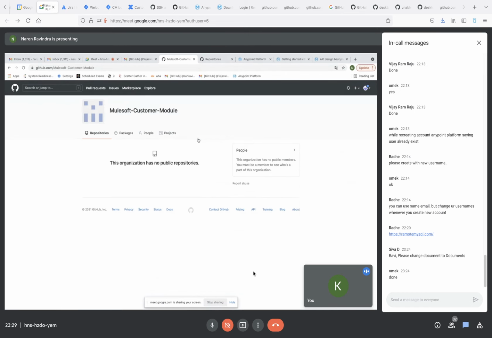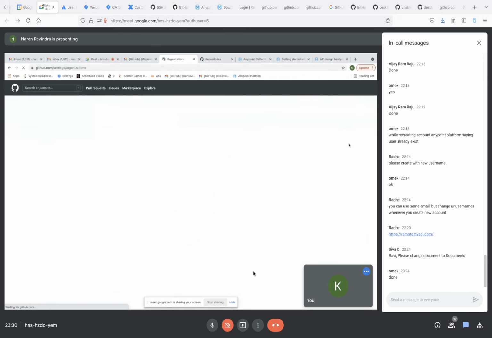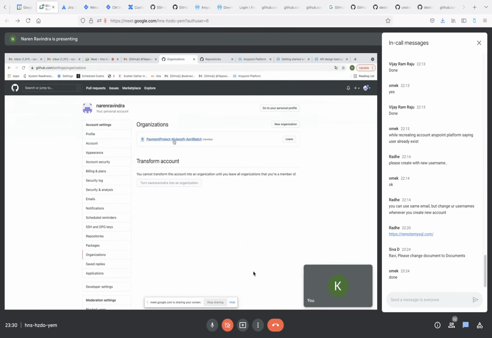Otherwise, go to your GitHub account. Yeah, you already have this one. Now click on your top right corner, click on organization, your organization. No, the fifth option, below that. So here payment module. Okay, you have only one organization.